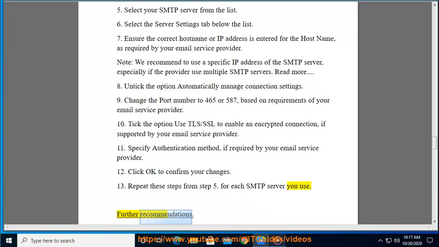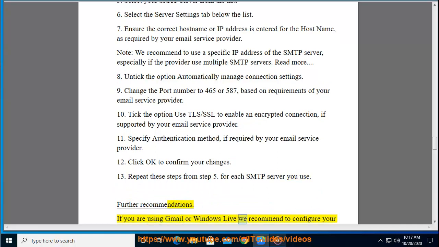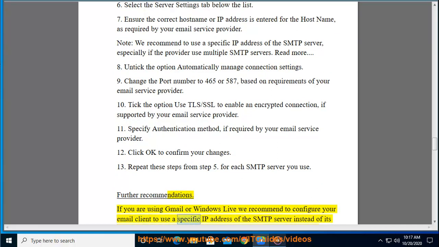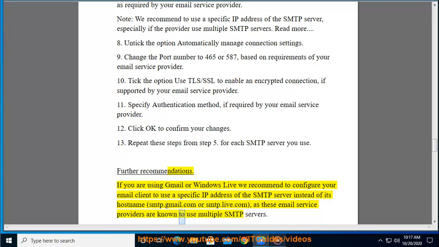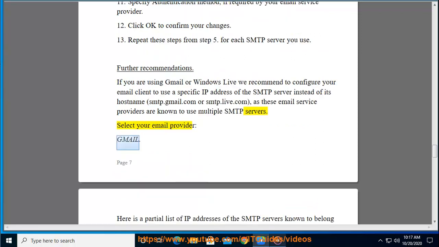Further recommendations. If you are using Gmail or Windows Live, we recommend to configure your email client to use a specific IP address of the SMTP server instead of its host name, smtp.gmail.com or smtp.live.com, as these email service providers are known to use multiple SMTP servers. Select your email provider, Gmail. Here is a partial list of IP addresses of the SMTP servers known to belong to Gmail,